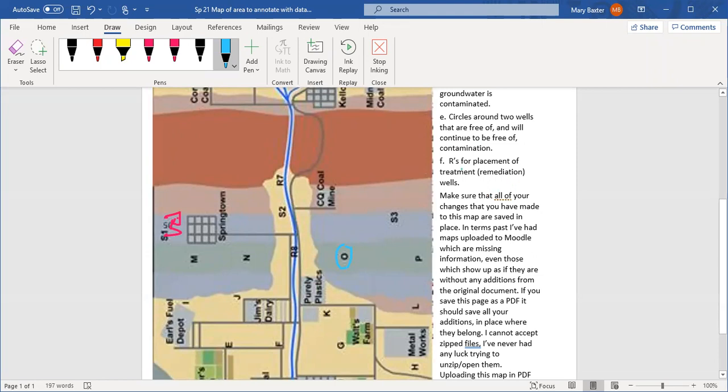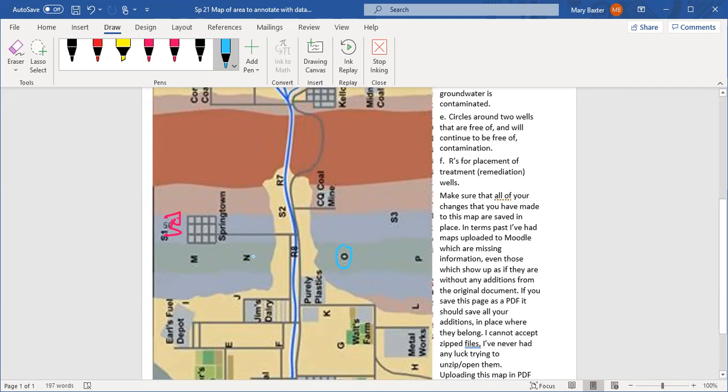So then R is for placement of treatment or remediation wells. That's probably one of the last things you're going to do, because just because you got all your wells down here telling you whether they're contaminated or not, you have to think back: where is the contamination source? If these wells are downstream from a possible source, and there's nothing else between the well and that source, then you have to track it all the way back to the contaminating